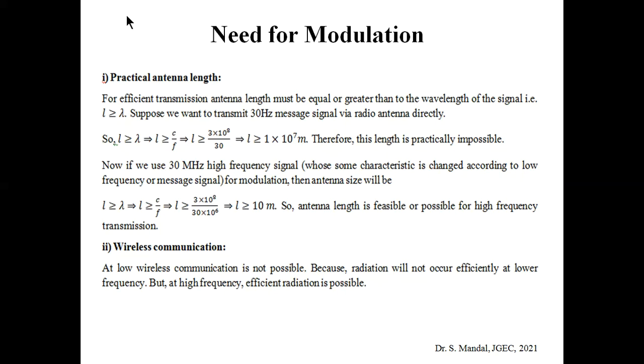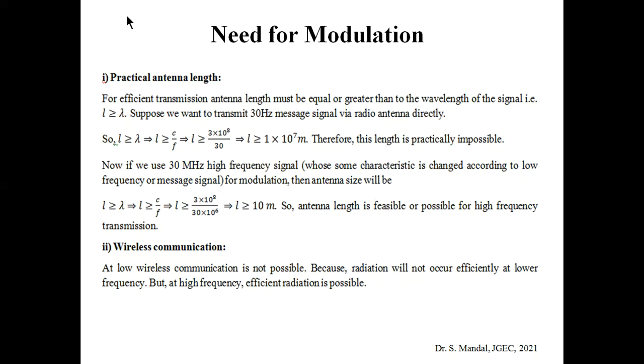Whenever we consider wireless communication, we are assuming that all the systems are wireless. In that case, to transmit a signal from one point to another, apart from the transmitter, we also need an antenna for the receiving and transmitting part. For efficient transmission, there is a rule that the antenna length or dimension should be equal to or greater than the wavelength of the transmitting signal. That is, L greater than or equal to lambda. Okay, so that is the rule.